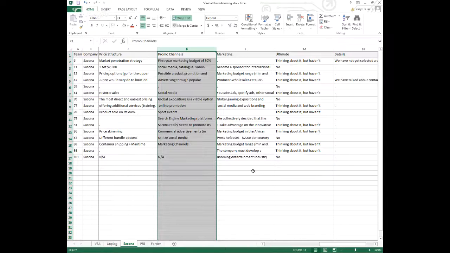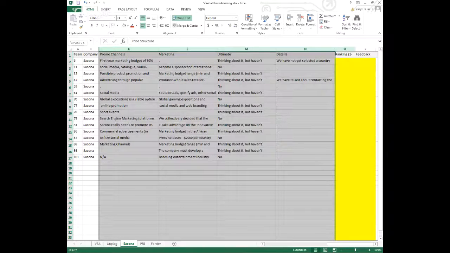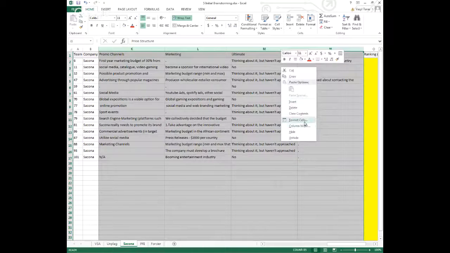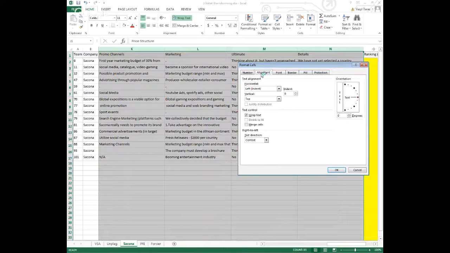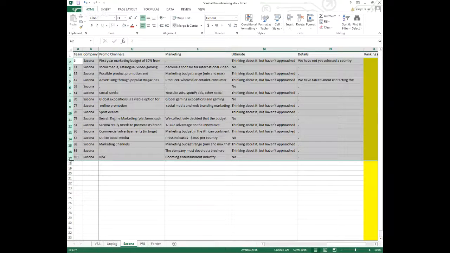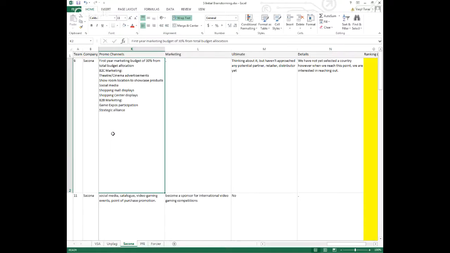Now, one of the challenges with Excel, and we are fully aware of that, is that some of the answers may be too long for the cell to be displayed. If I make it a little bit bigger and then go to format cells, alignment, and wrap text, here is what happens. Oops, not like this. I think I need to do it like this. See, now you can see the whole answer.